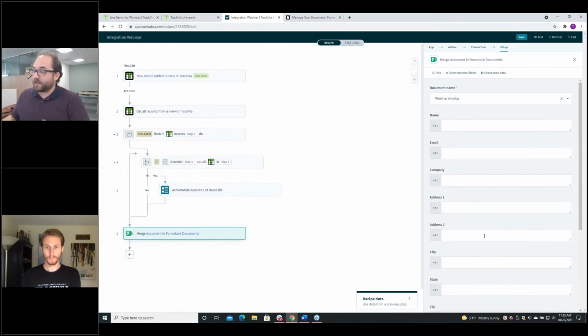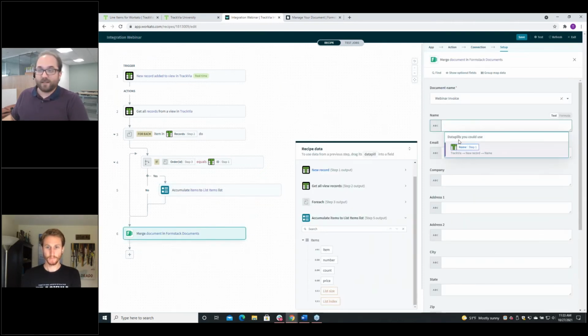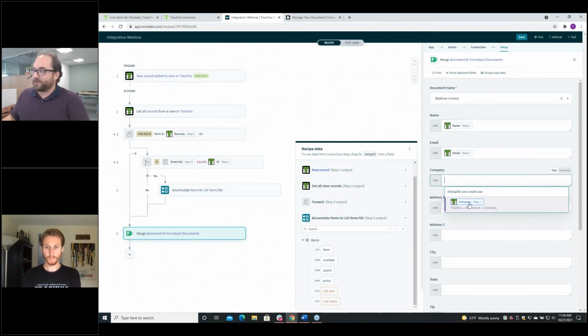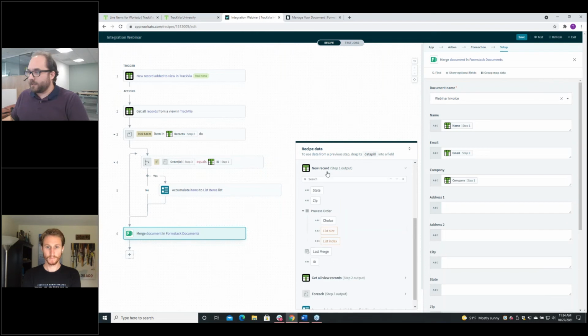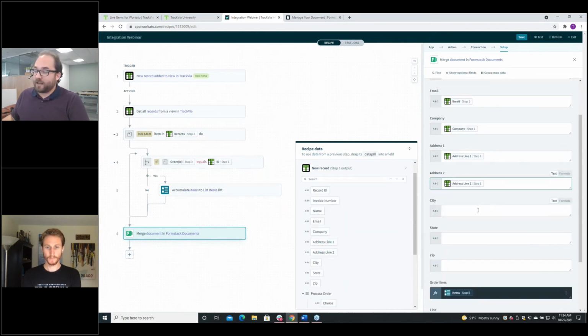The rest of them are easy mode. For the name, I'm just going to get it straight off of step 1. There's only one record, nothing else to figure out there. There's only going to be one email and one company, because these fields all come straight from the initial triggering record. When I get down to this one, I'm going to open up step 1 so that I can pick it. Workato does a good job of suggesting the data pill it thinks you might want, but if they're spelled differently, address 1 versus address line 1, it's not going to notice that.